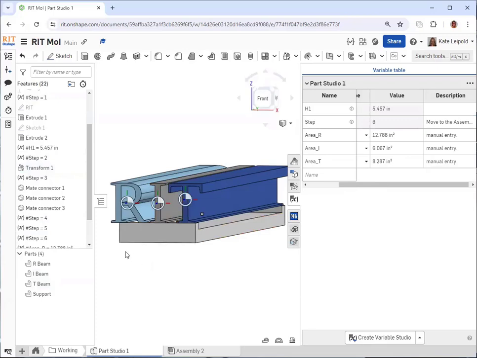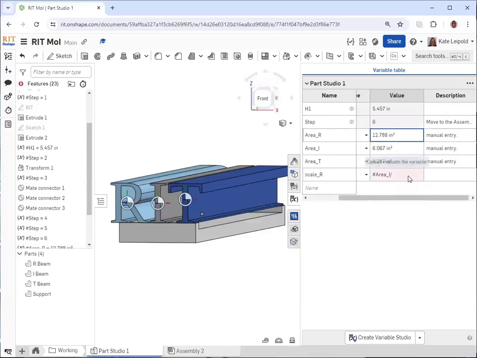Okay. So similar to how we use the transform to scale it from the size we thought we wanted to the size we actually wanted, we're going to use the transform to scale it so that everything has the same cross-sectional area as the I-beam. So we're going to make the I-beam the datum, and everything else will scale relative to the I-beam. So we're going to make something called scale R. And scale R is going to be the area of the I-beam divided by the